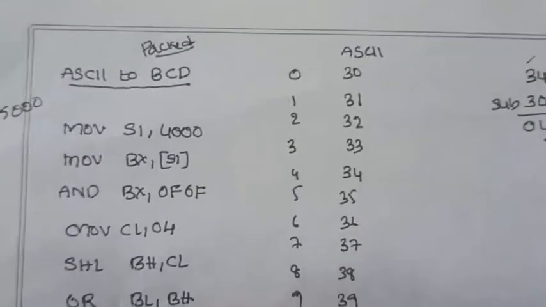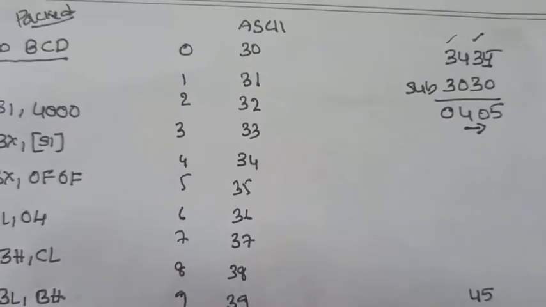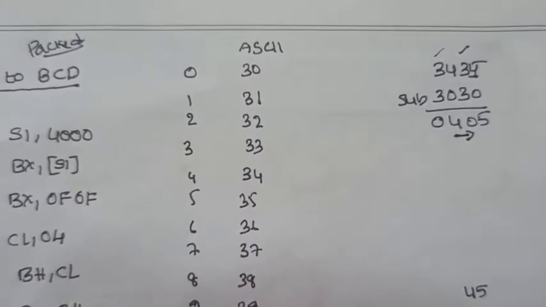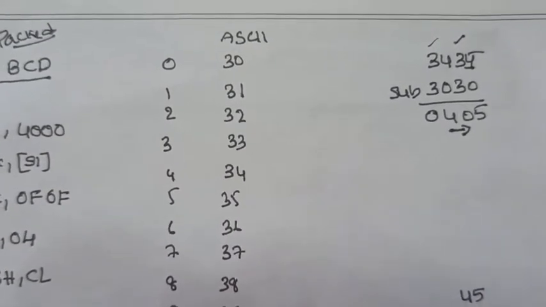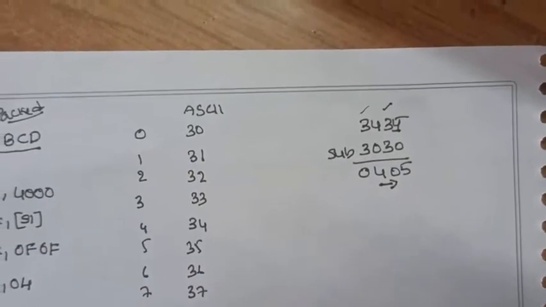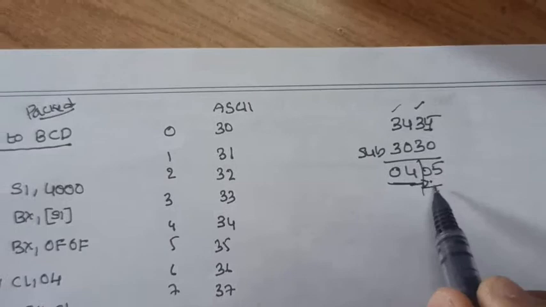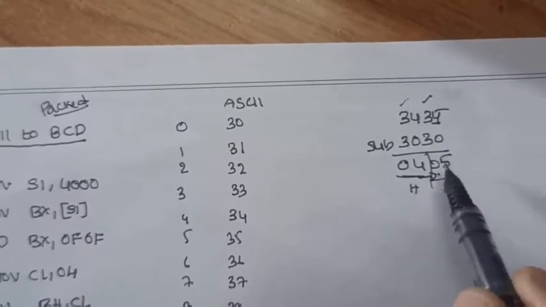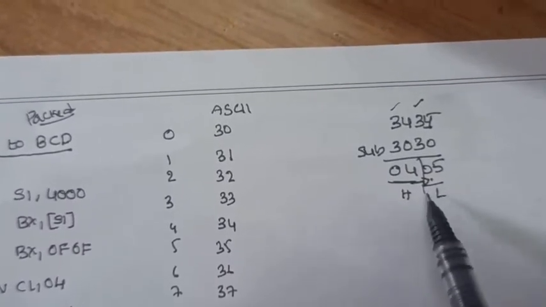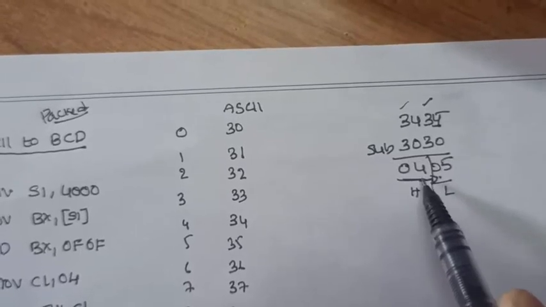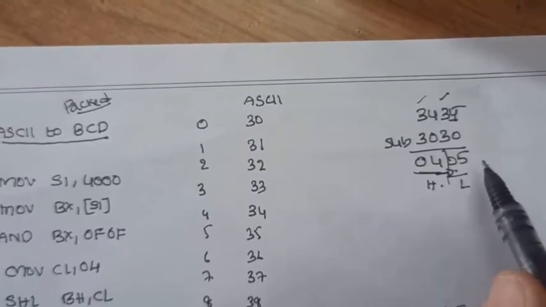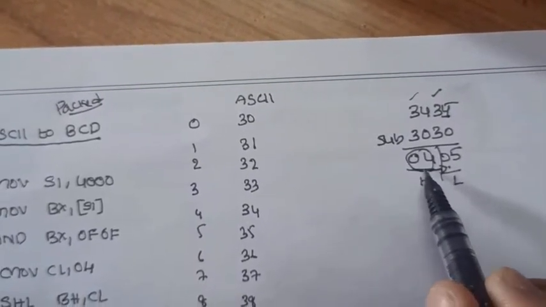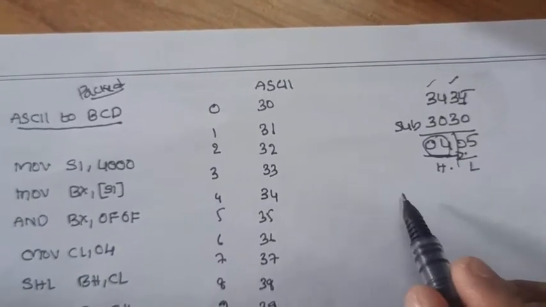So how to do that? That can be done using a shift instruction. And in shift, what type of shift do we require? Right shift or left shift, we need to check. Since these are two different bytes, a lower byte and a higher byte, we can shift the data either in the higher byte, in the lower byte, or in the word. We cannot shift data from the higher byte to the lower byte. So I shift the higher byte to the left hand side 4 times using an instruction called SHL.